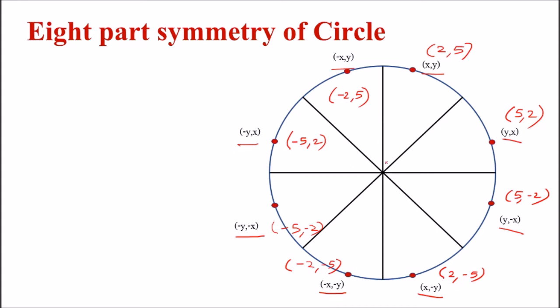Those are the values we can calculate and replicate into 7 octants. So we are reducing our task. Our aim is to calculate only the points from this octant, so that those points can be replicated into 7 octants and that will become the circle. That is the use of the 8 part symmetry of the circle in the midpoint circle drawing algorithm.